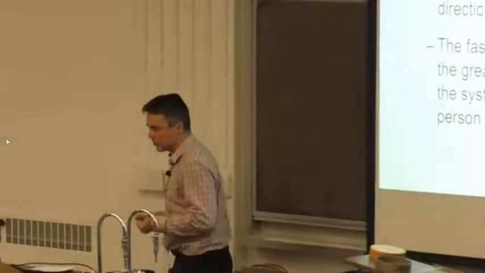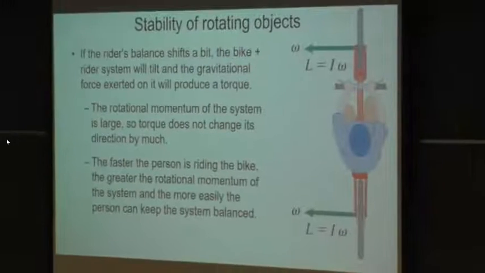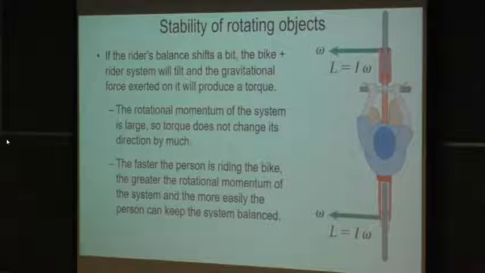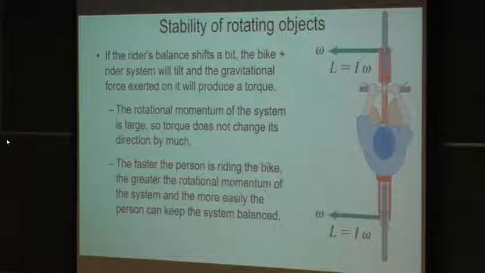So the faster the person riding the bike, the greater the rotational momentum vector, which is in this case out to the left as viewed from above. And then the system is more easily balanced from the torques of gravity. So on that kind of note,